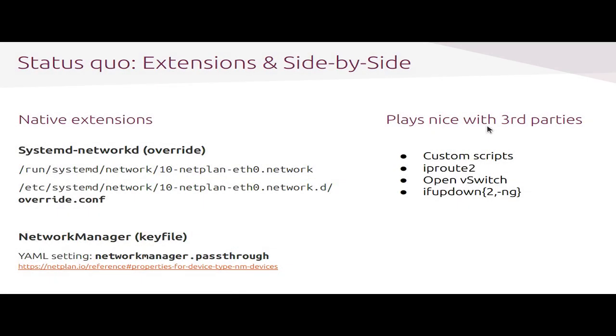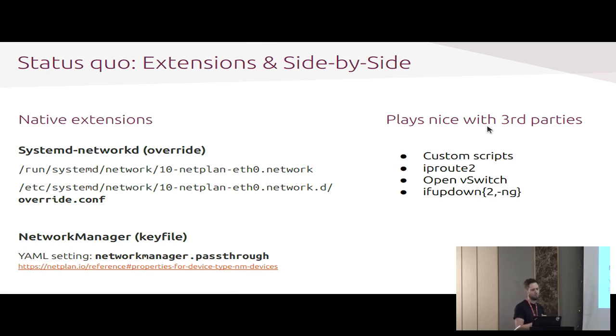We have kind of native extensions, as I want to call them. So if there is any functionality that you need, which is not covered by Netplan, then you can do the base configuration that you want in Netplan, and then have native extensions to the underlying networking daemon. For example, in systemd-networkd, you could have Netplan generate the normal configuration file in /run/systemd/network, and then you have the 10-netplan-eth0.network file, which defines the normal stuff, IP addresses, DNS, routes for your interface.